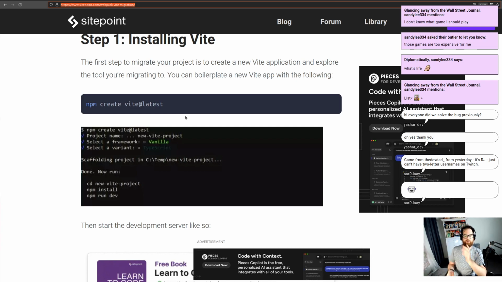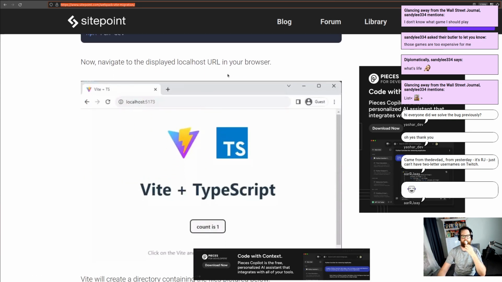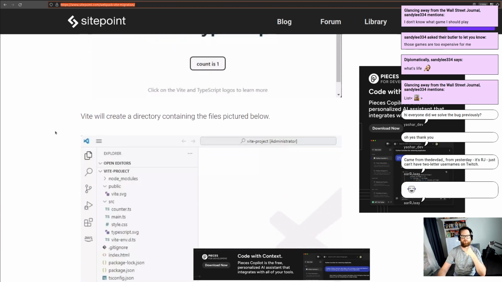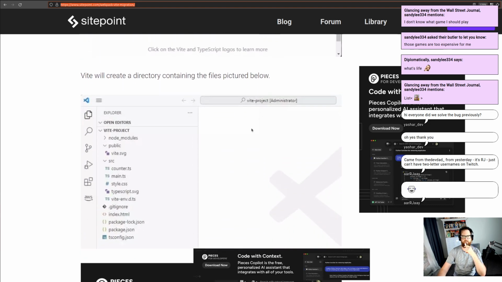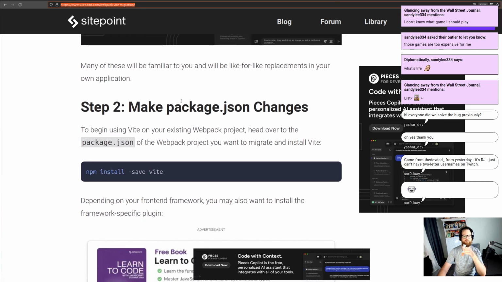Alright, the first step to migrate your project is to create a new Vite application and explore the tool you're migrating to. You can boilerplate a new Vite app using the following. So we'll just boilerplate something, then start the dev server and navigate to the display. Yep, cool. Vite will create a directory containing the files pictured below. Sweet. Many of these will be familiar to you and will be like for like replacements in your own application,